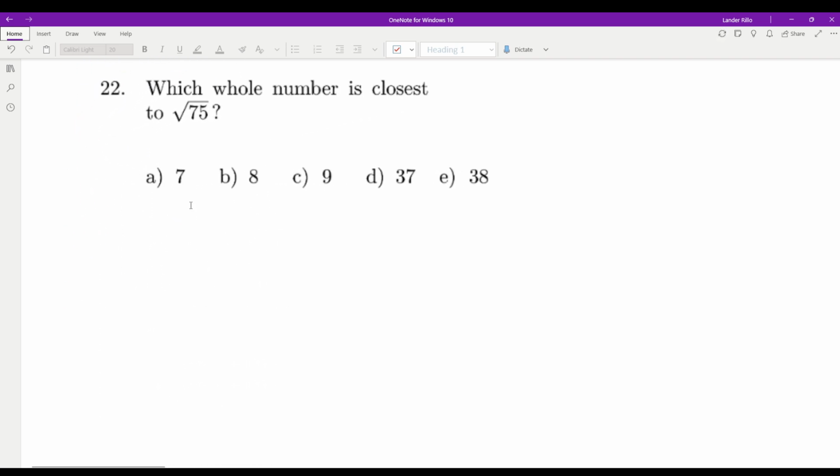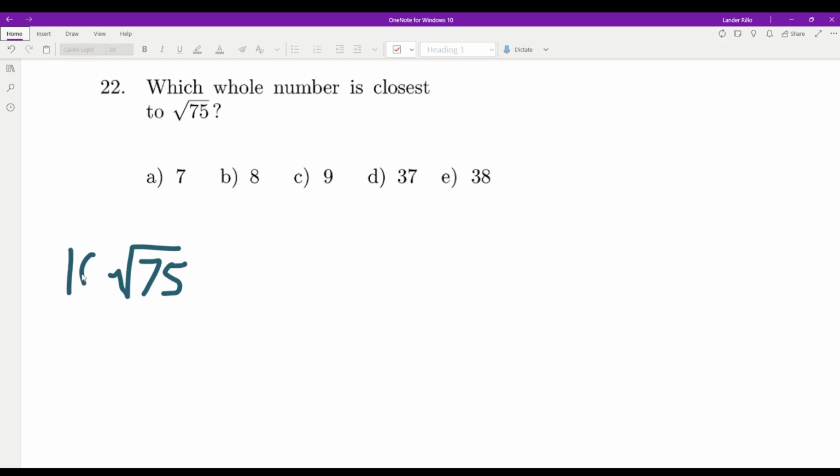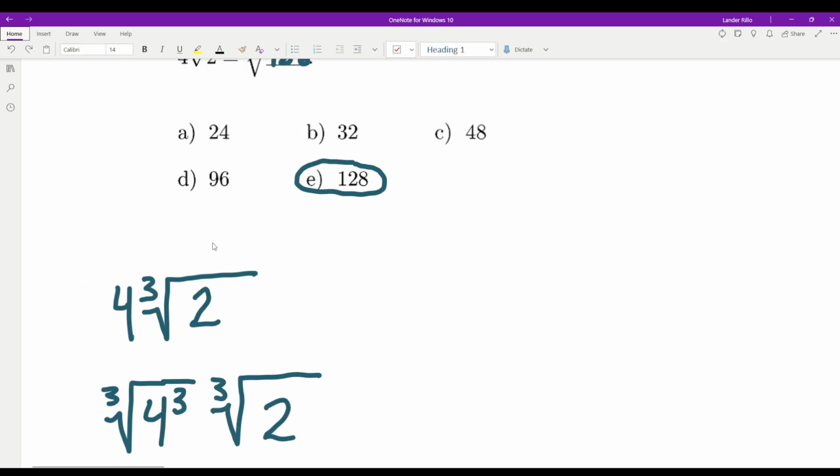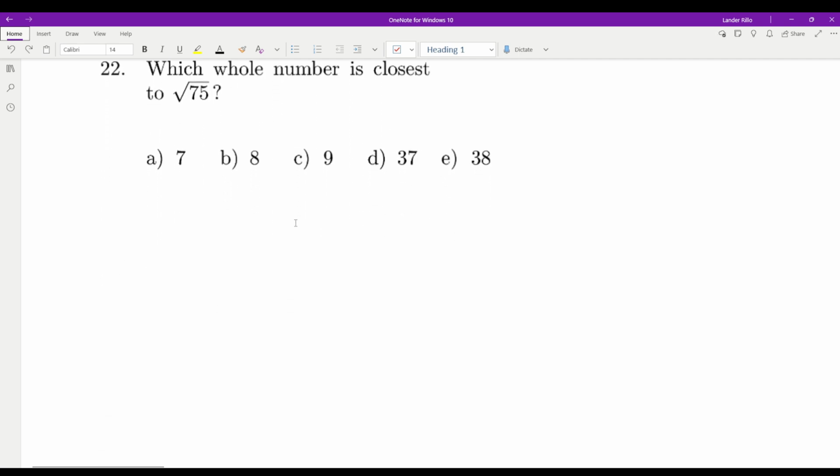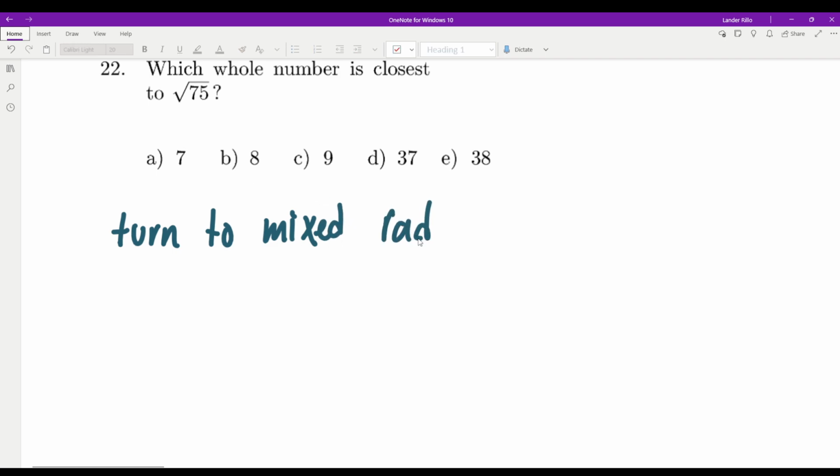let's go to right. Which whole number is the closest to square root of 75? Well, we don't know what square root of 75 is, but I do know if you write it as a mixed radical, we have a whole number in front of the radical, you see? So it's easier to know which is the closest if we turn it into a mixed radical. So let's turn to mixed radical first, because we know there's going to be a whole number in front of the radical. So square root of 75,